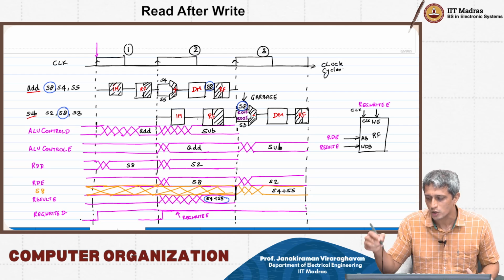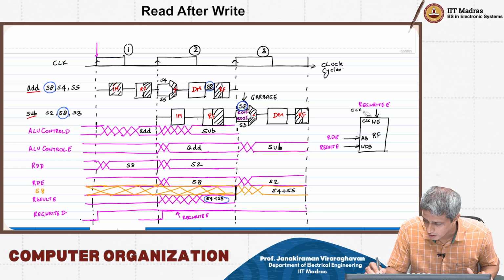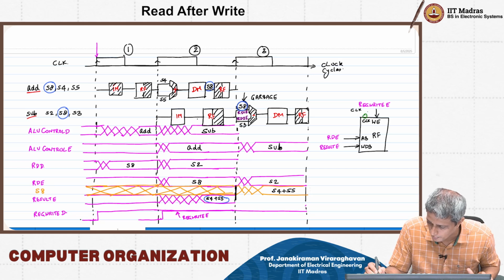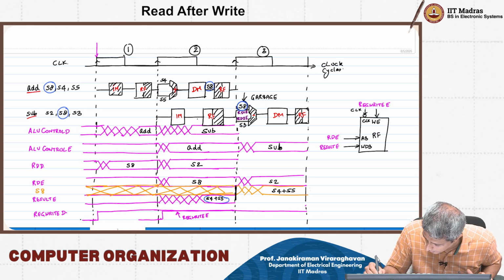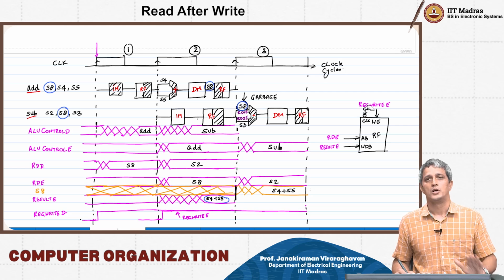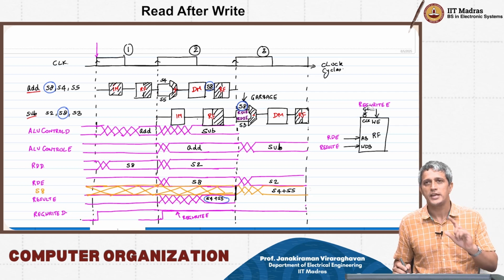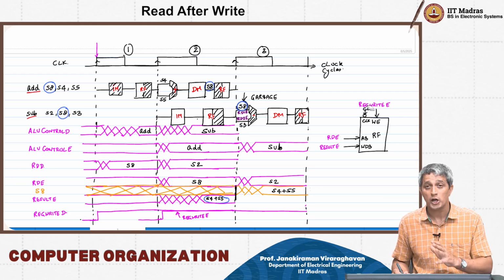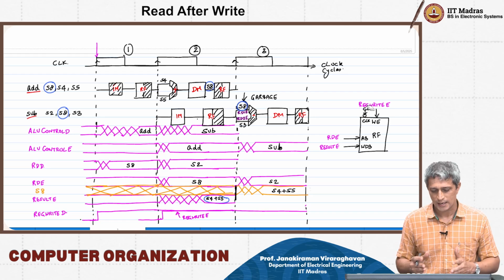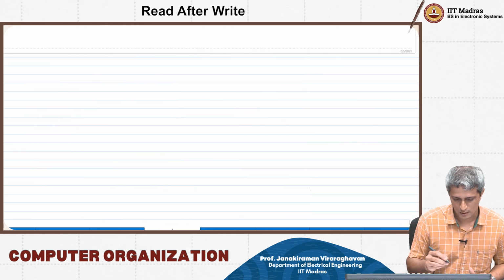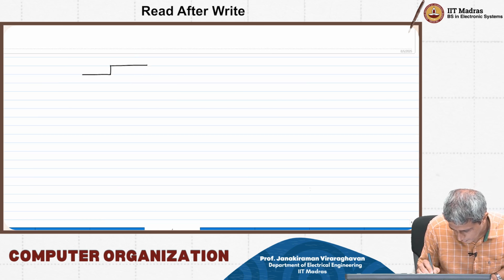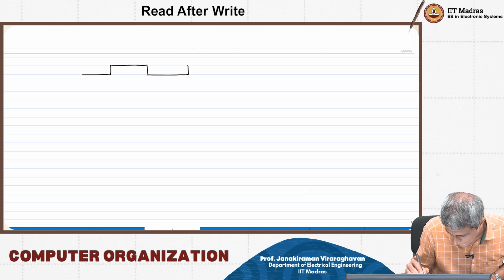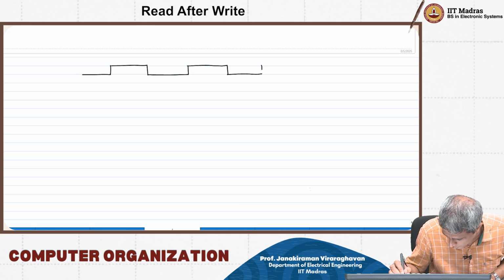If you put clock to the register file, it's not going to work. Therefore you put a bubble here, and then control it with the same clock. Now what happens? Something very interesting happens. Instead of this whole data getting written, if you look at what is going to happen in this second case, when I use clock bar going directly to the register file,